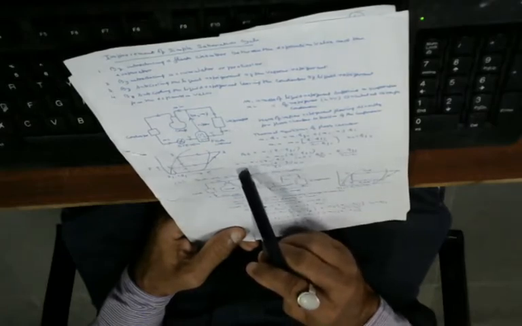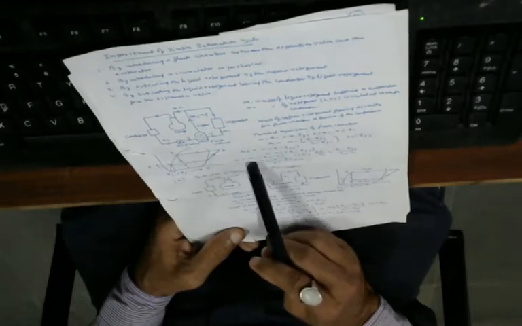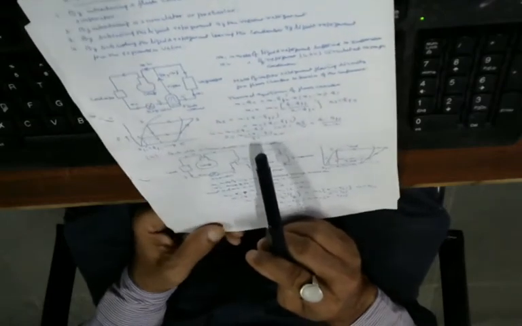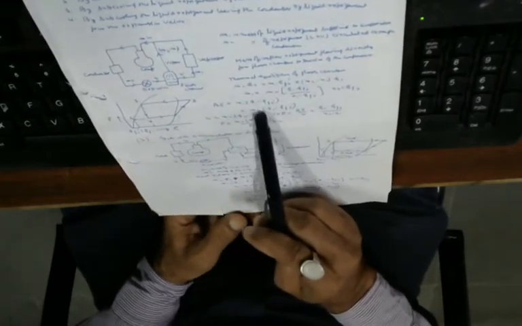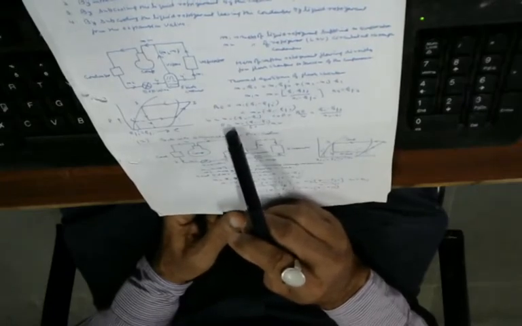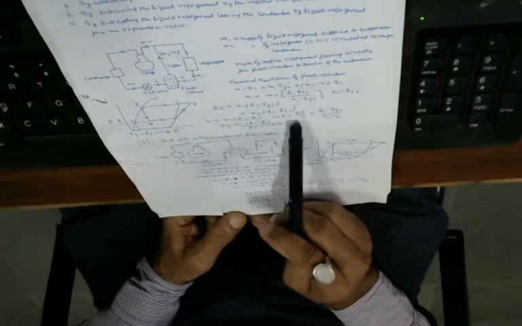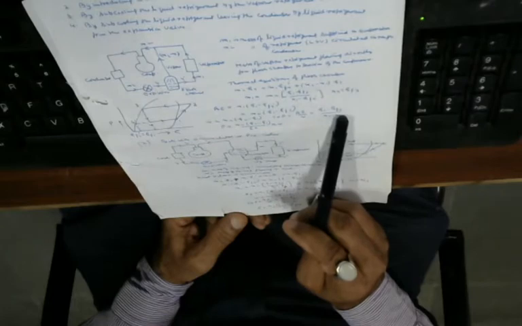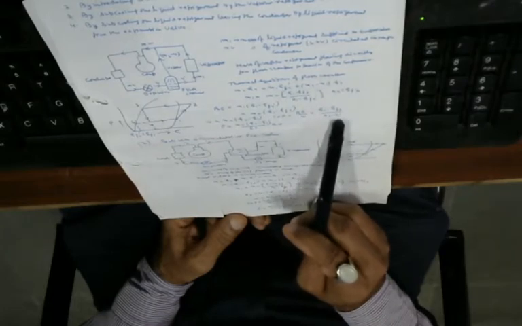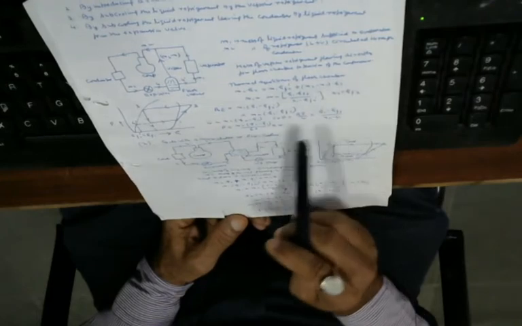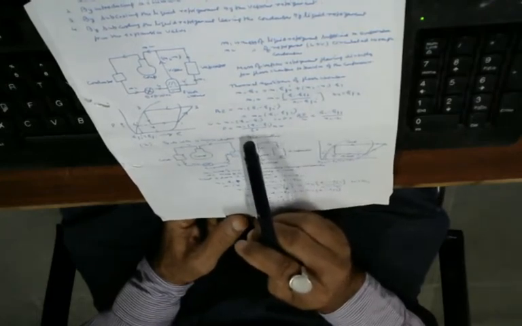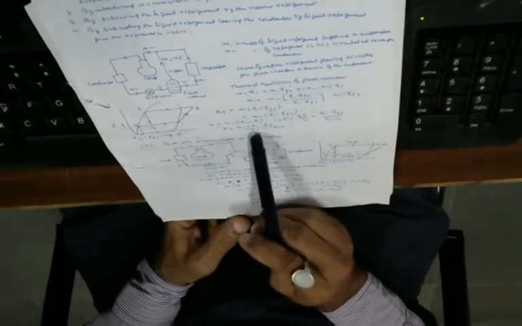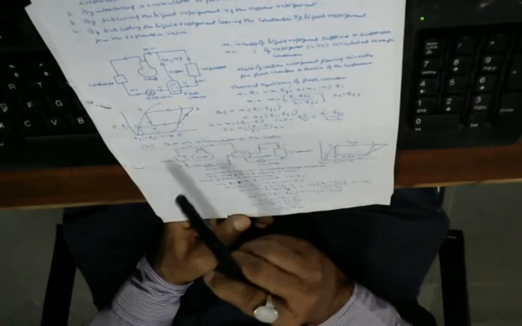Okay, so work done in the compressor is M2 into H2 minus H1. Therefore COP will be refrigerating effect upon work done, and that is H1 minus HF3 divided by H2 minus H1. Now for power, M2 into H2 minus H1 divided by 60 kilowatt. Whatever is the compressor work, that will be divided by 60.